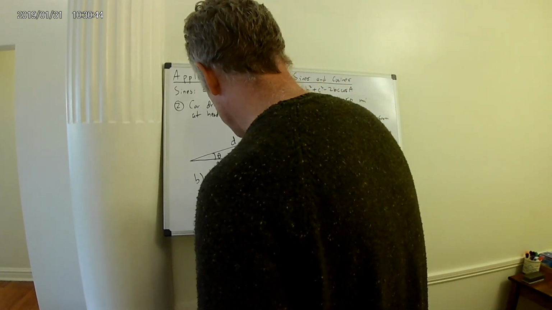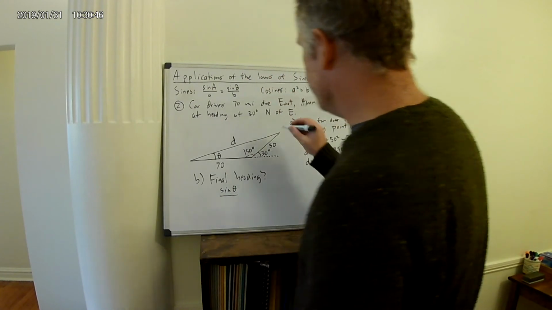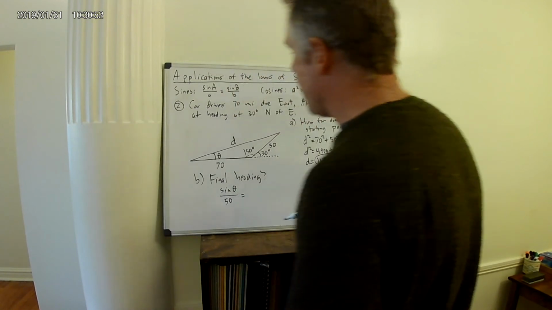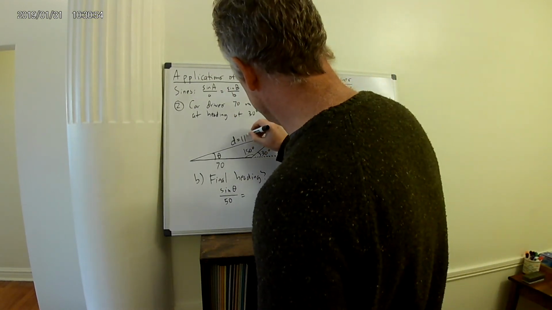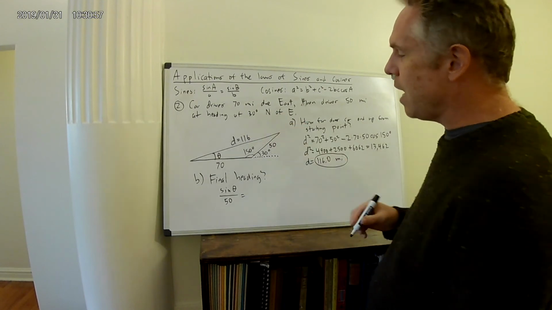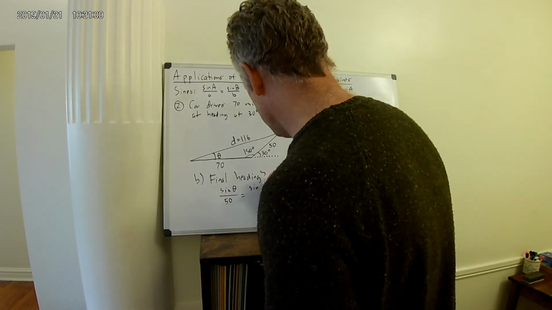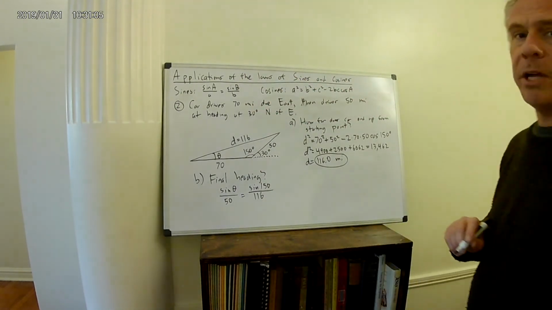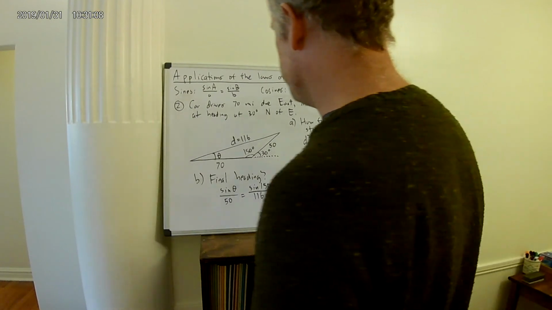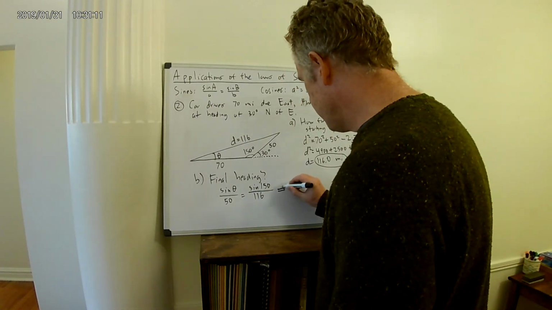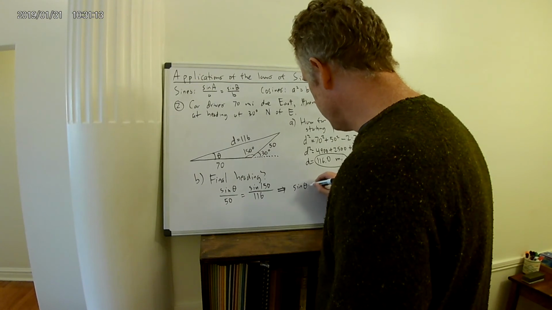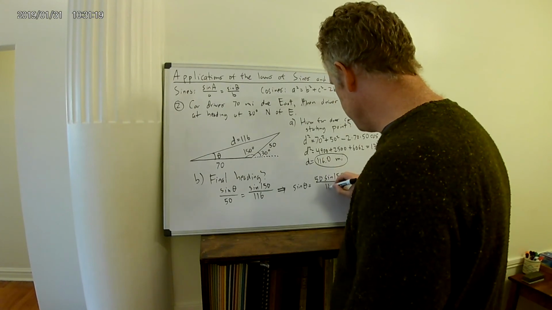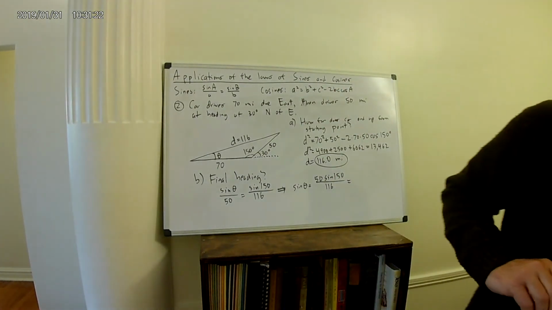So we can write sine of theta divided by the length of the side opposite to the angle, which is 50, and that equals, now we know D is 116, right? Now we can use this angle side pair. So we can write this as sine of 150 divided by 116. Now we've used our law of sines, and we can solve for sine of theta. Sine of theta will equal 50 times sine of 150 divided by 116, which if you plug in your calculator comes out to